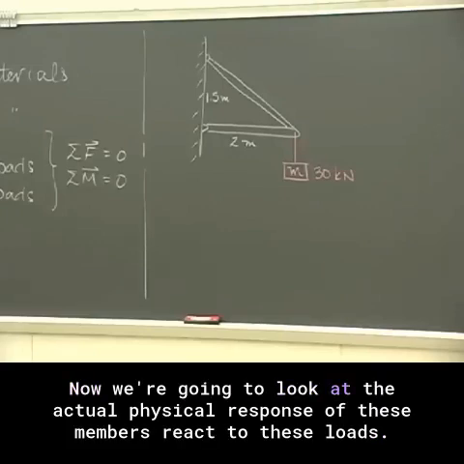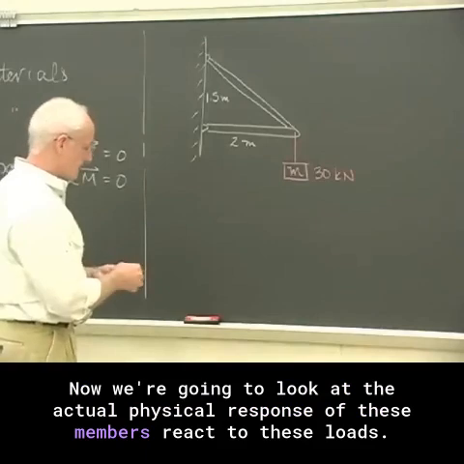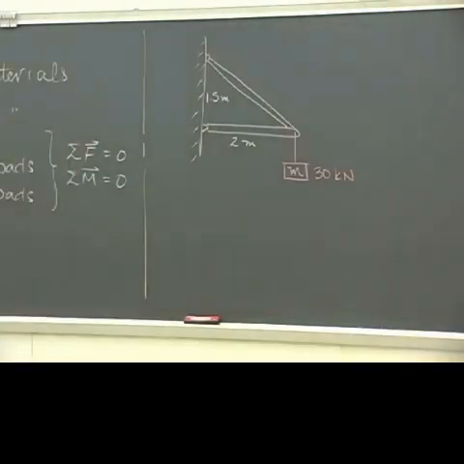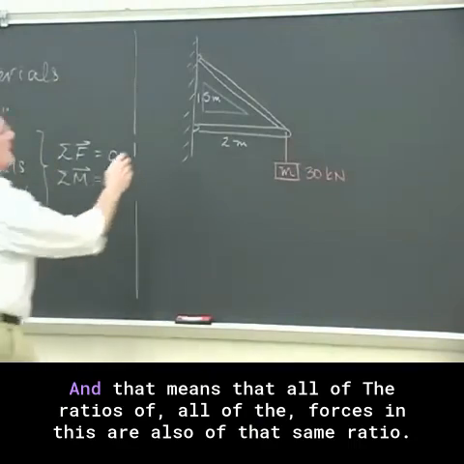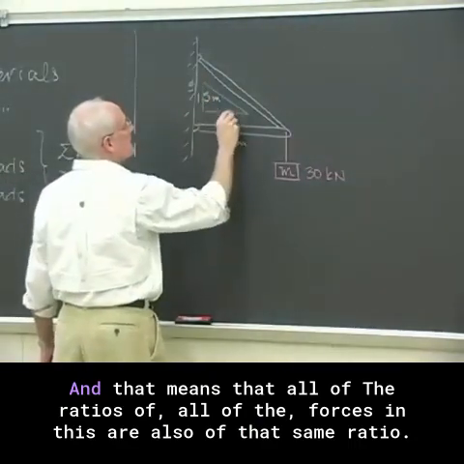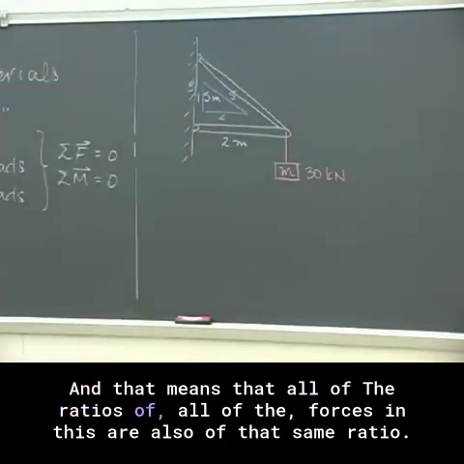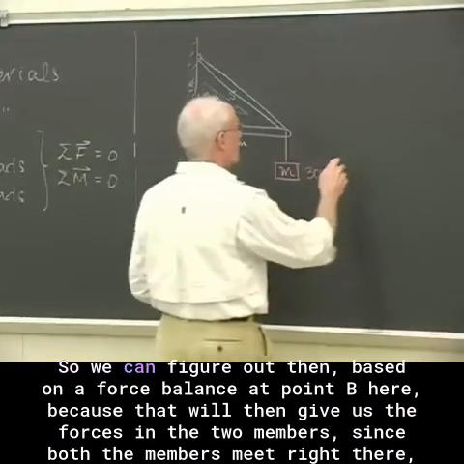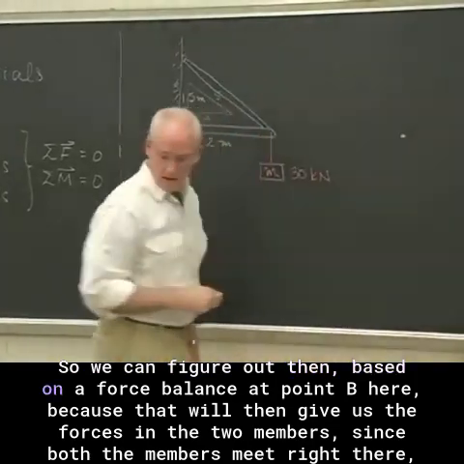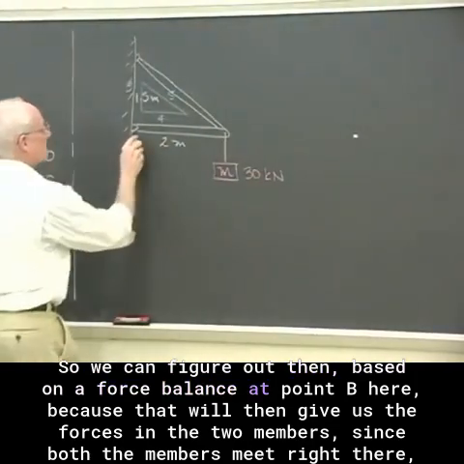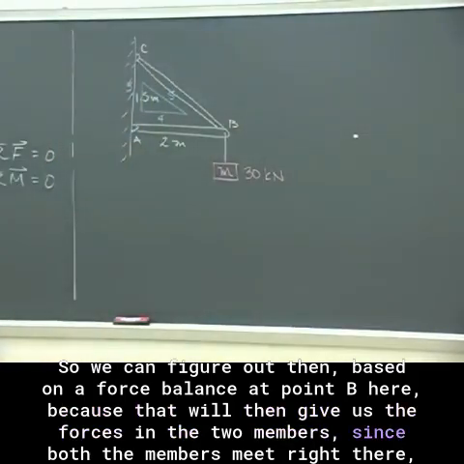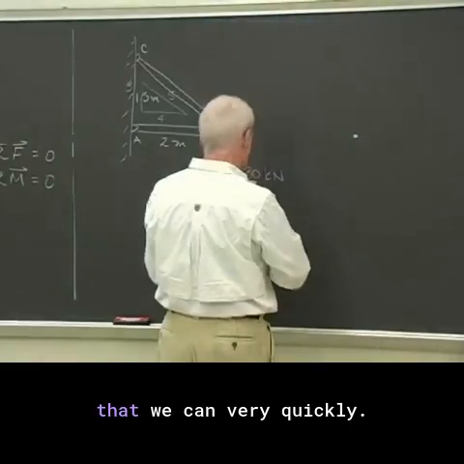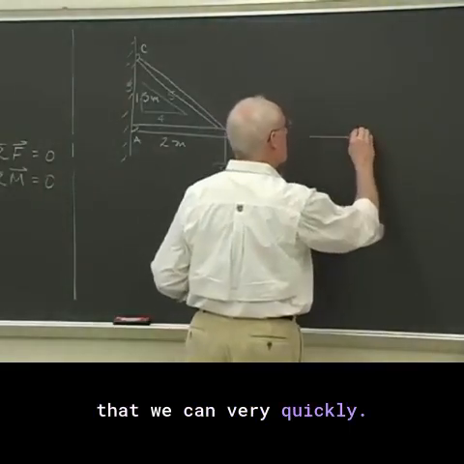Now we're going to look at the actual physical response of these members to these loads. We realize, I hope, that this is a 3, 4, 5 triangle, and that means that all of the ratios of all of the forces in this are also of that same ratio. So we can figure out, based on a force balance at point B here, because that will give us the forces in the two members, since both members meet right there, that we can very quickly determine